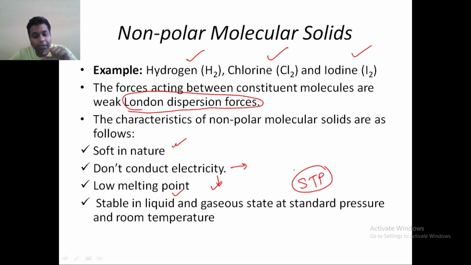It depends upon, now you may have a question: sir, we don't have liquid hydrogen. It depends upon the instinct of that particular molecule. If the instinct of that particular molecule is to exist in the form of liquid, then it will exist stably in the form of liquid. It will not evaporate at normal or standard room temperature and pressure. Like hydrogen normally exists in the gaseous form. In this way you can understand all four points.